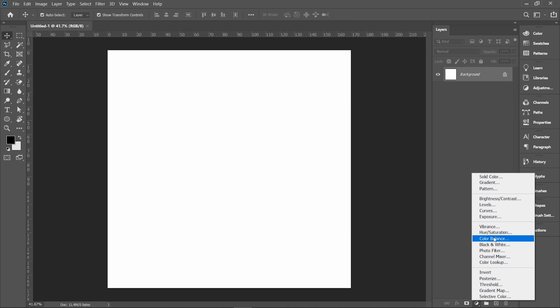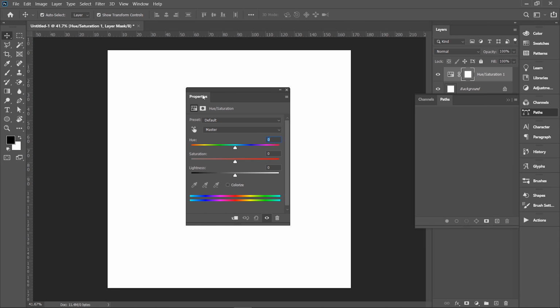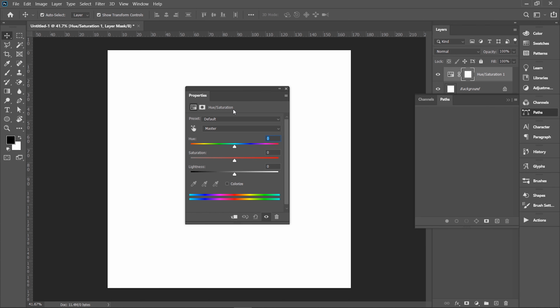Let's understand this concept more by looking at the Hue/Saturation adjustment layer. Here we have 3 sliders, each for hue, saturation and lightness. By moving each slider, you can understand the effect of hue, saturation, lightness on the artwork. You can keep experimenting with all these and check the effect on your artwork. This adjustment layer is very useful. I'll discuss this in detail in another video as it will be used frequently.